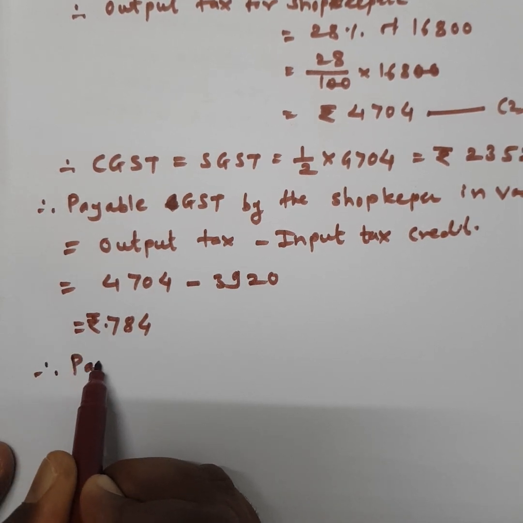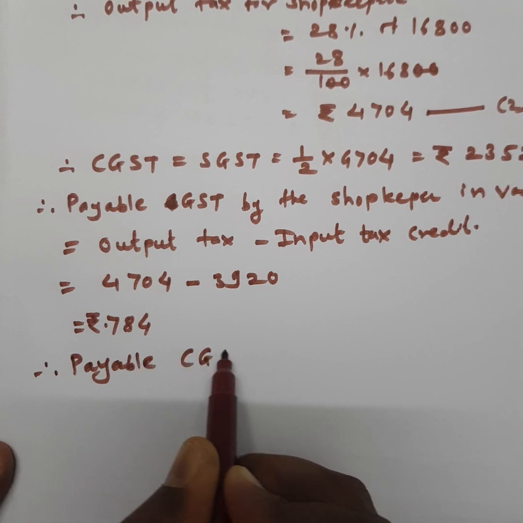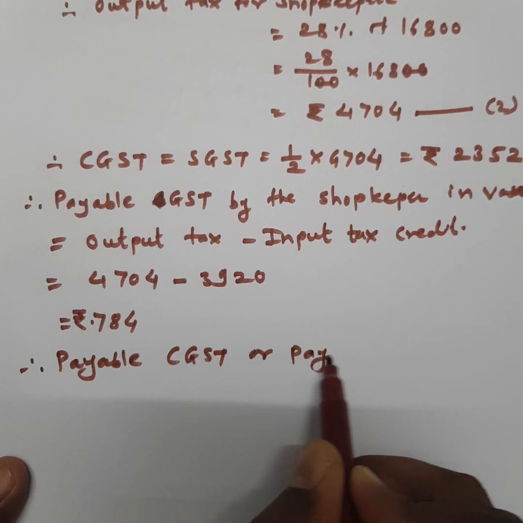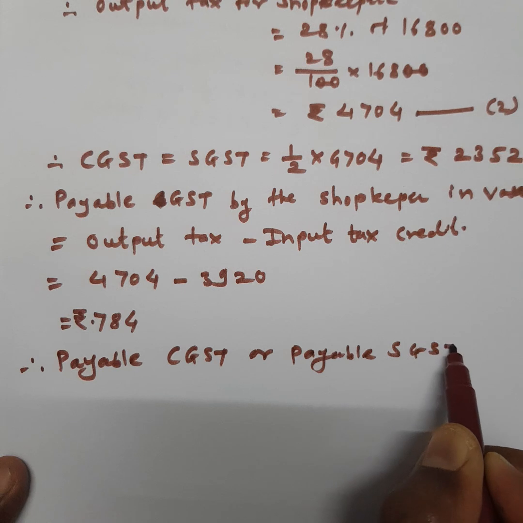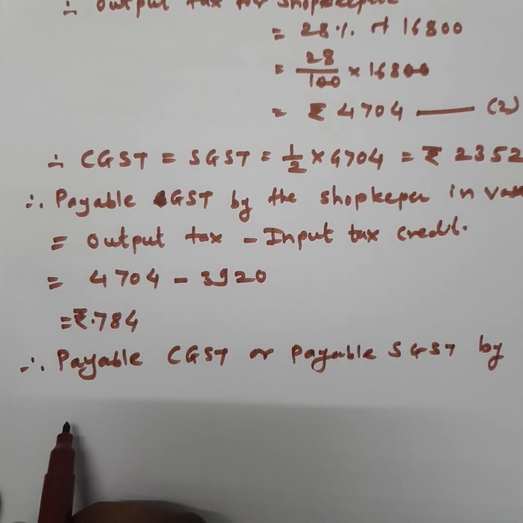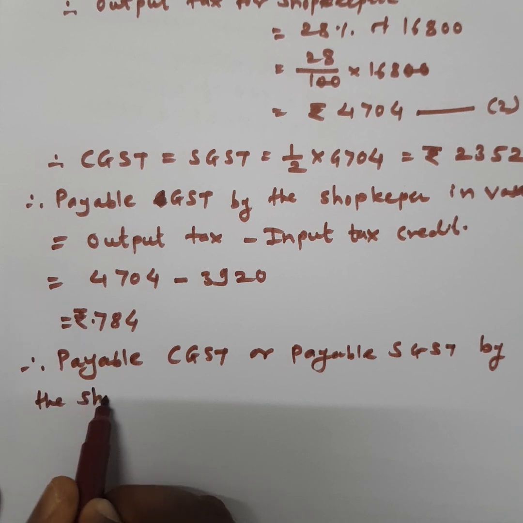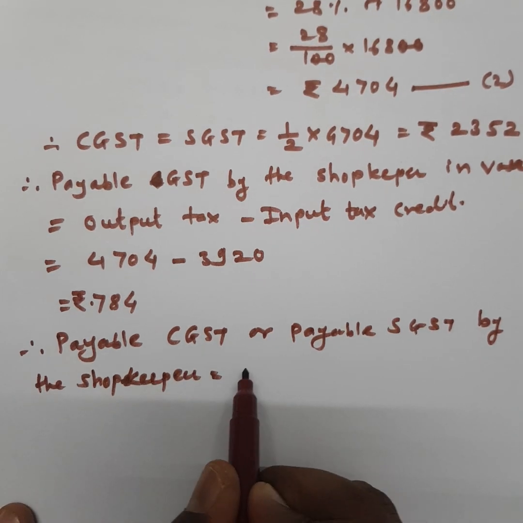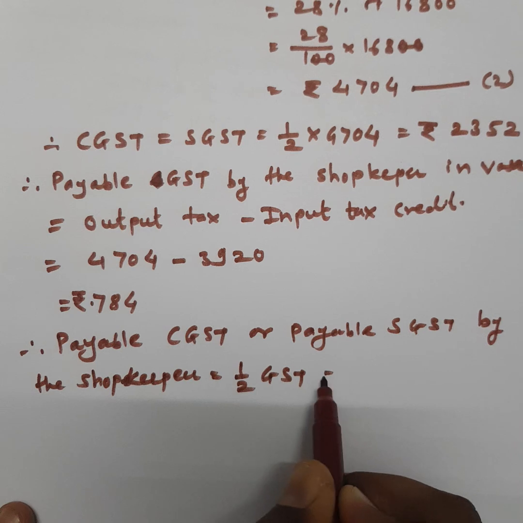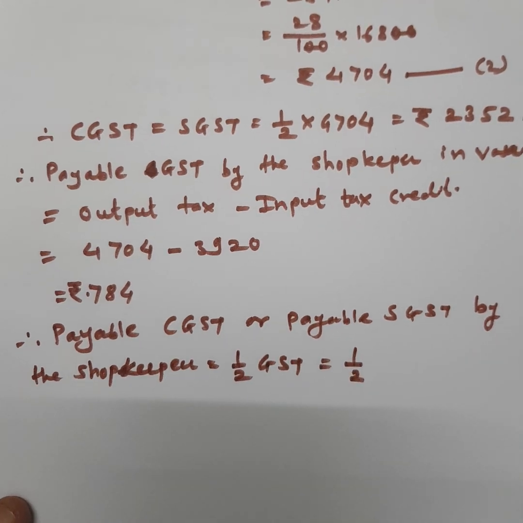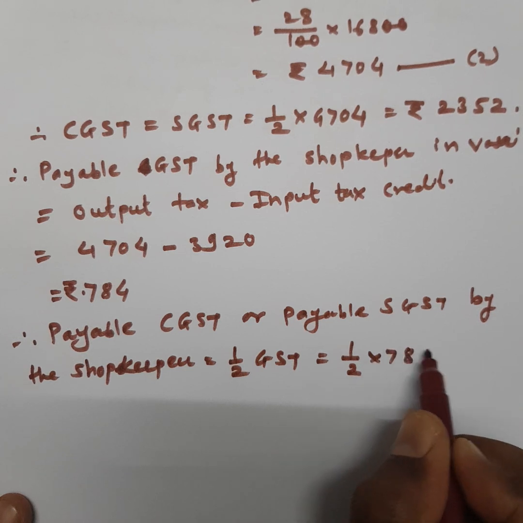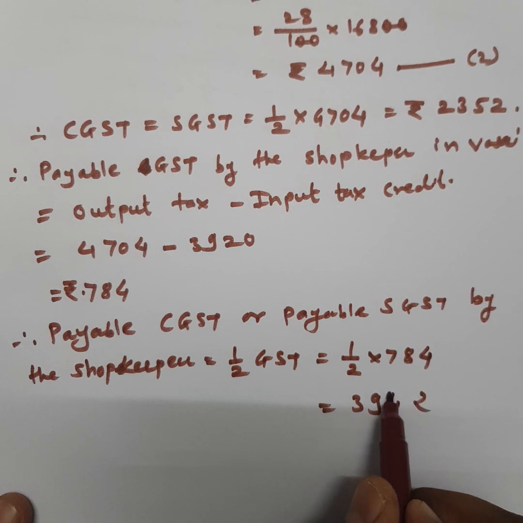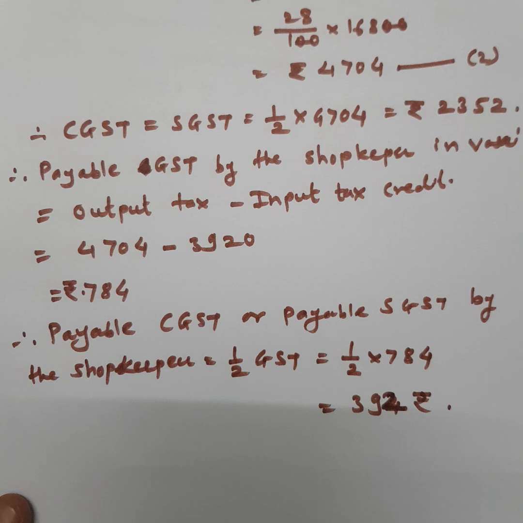Therefore, payable CGST or payable SGST by the shopkeeper is equal to 1/2 into GST, or 1/2 into payable GST, 1/2 into 784 is equal to 392 rupees. Therefore,